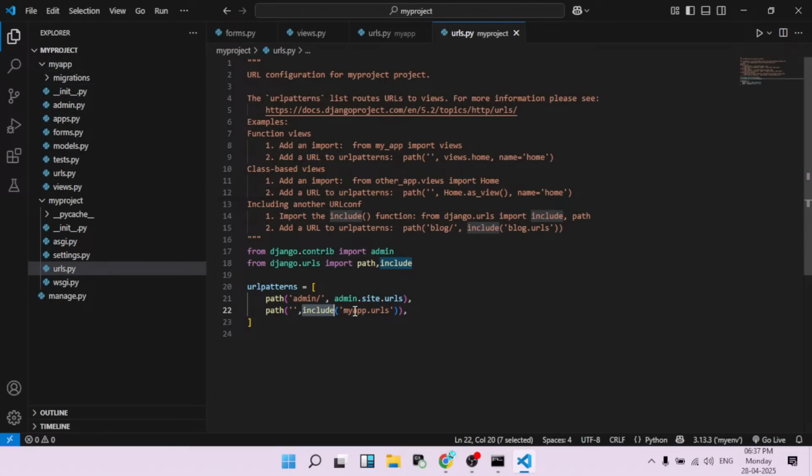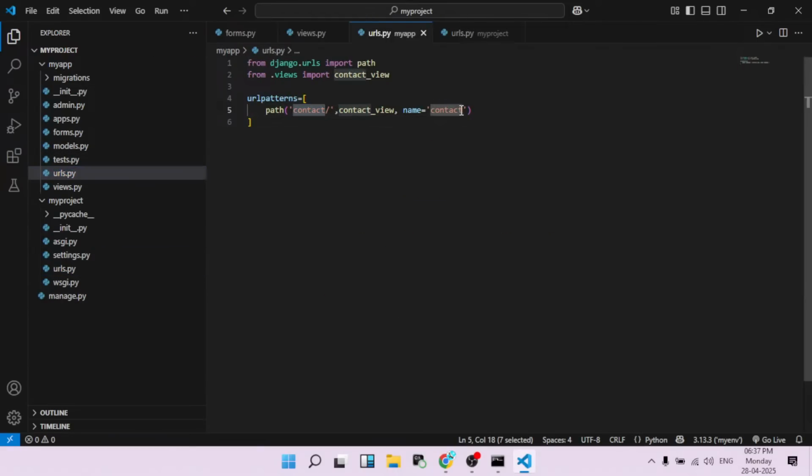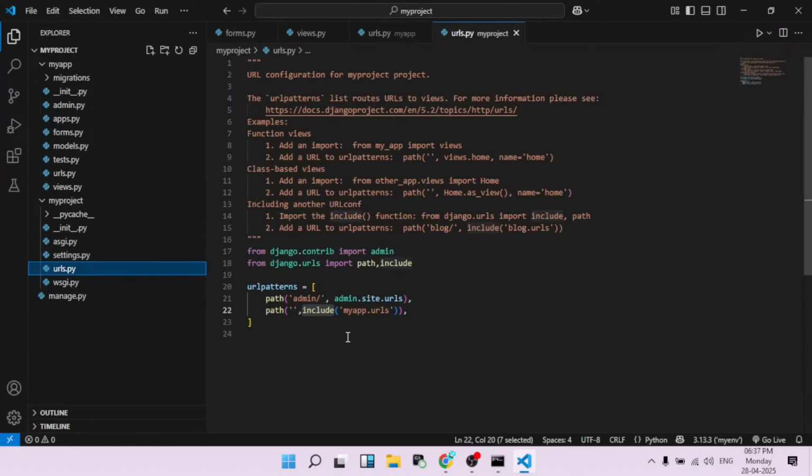That's why in my app we have a url.py. We already wrote in url.py which function will be loaded, so we need to mention it in our main project. Okay,